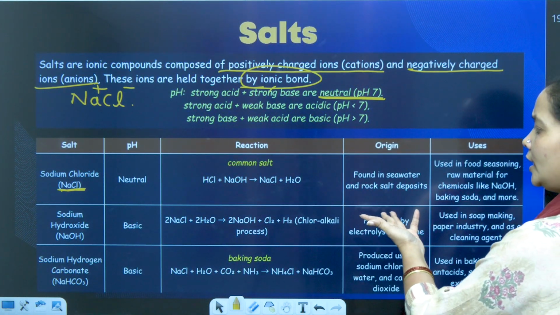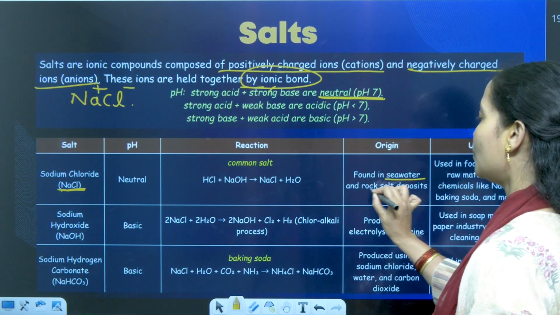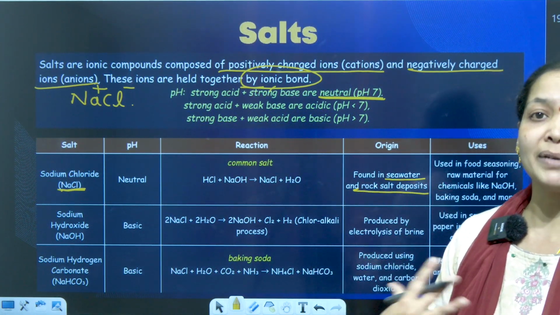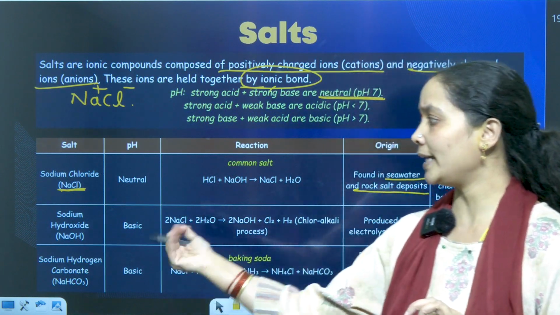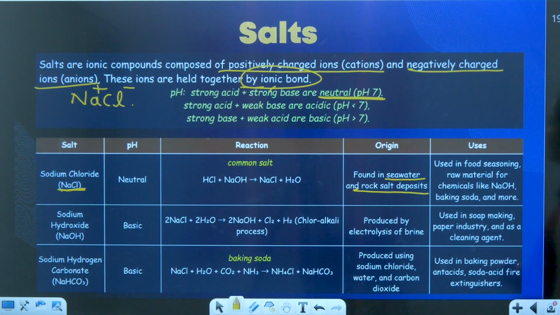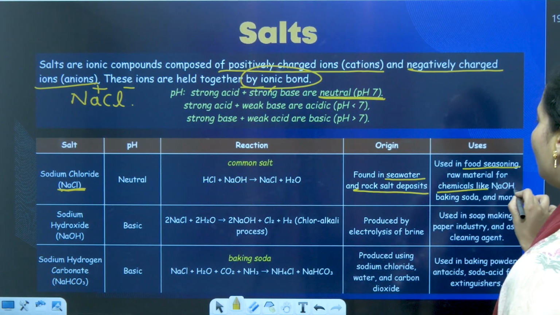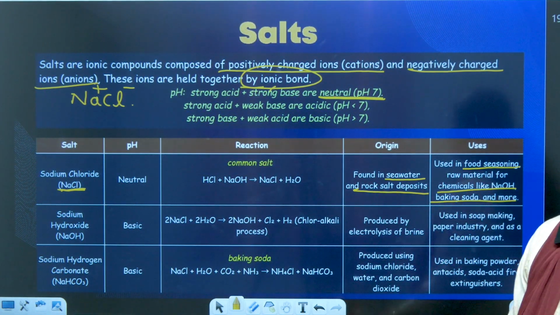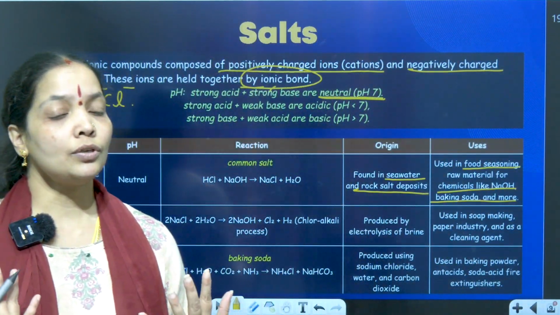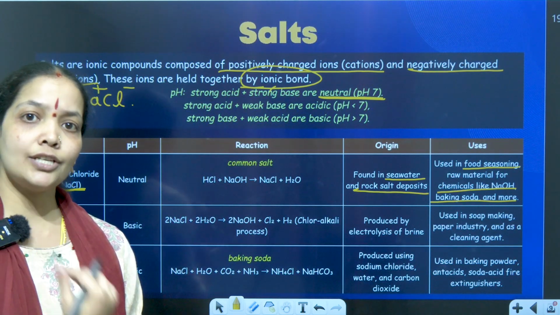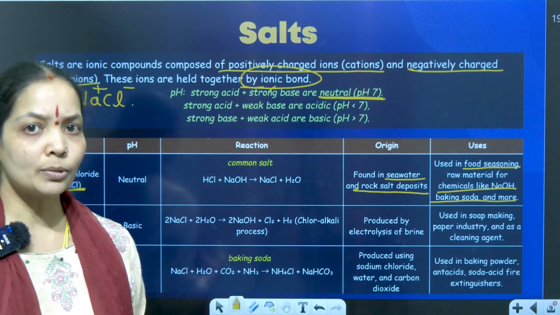Where does salt originate from? It is majorly found in sea waters. It is found in rock salt, or the rock mineral deposits deep inside the earth. 2 important places where we can find these salts. Most of these salts are used as food seasoning. It's a raw material for producing NaOH, baking soda and many more. The brine solution of common salt and water is used to produce chlorine, hydrogen and sodium hydroxide, which are the most important ingredients to make some more products.